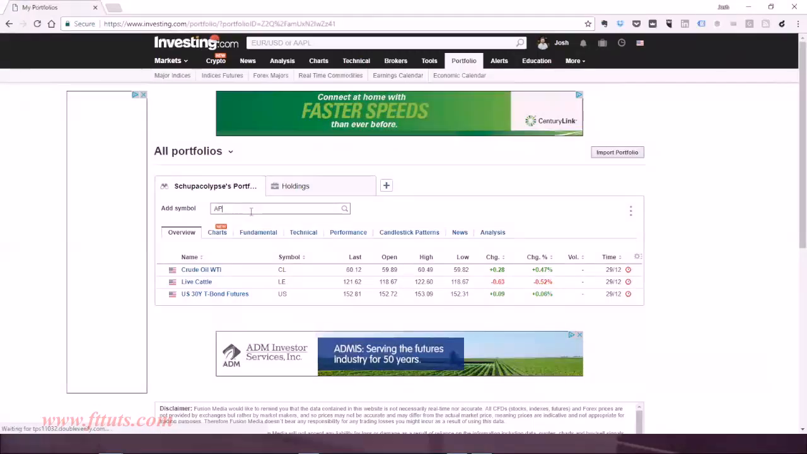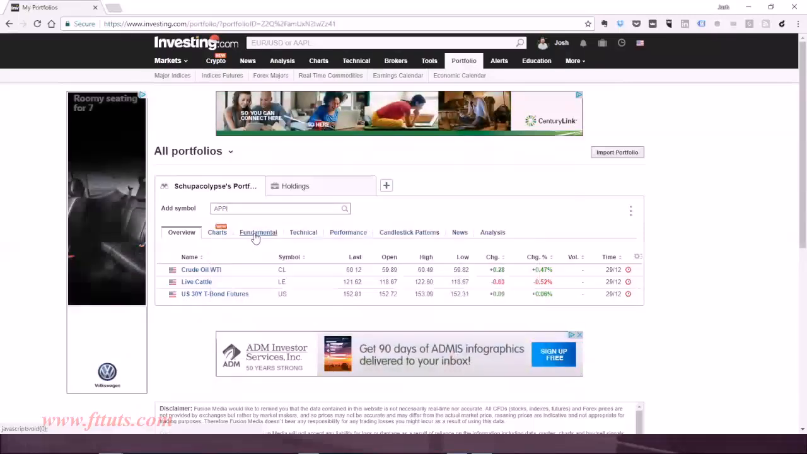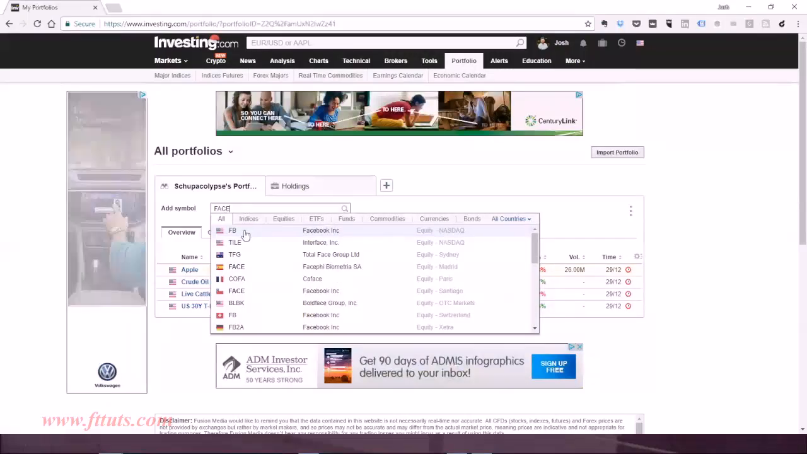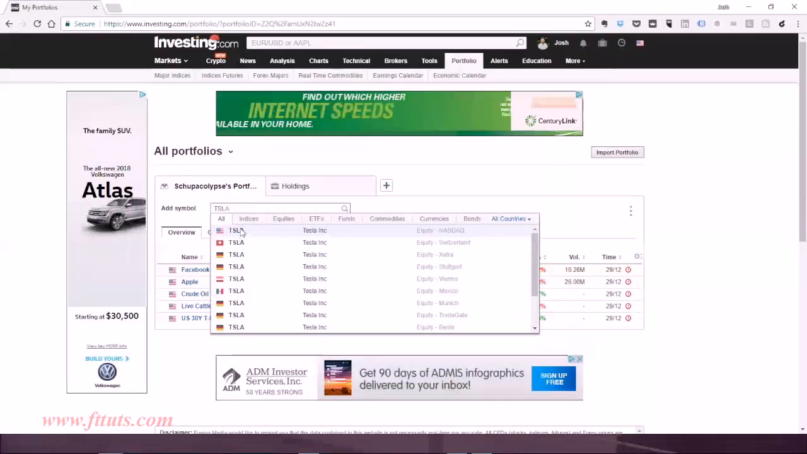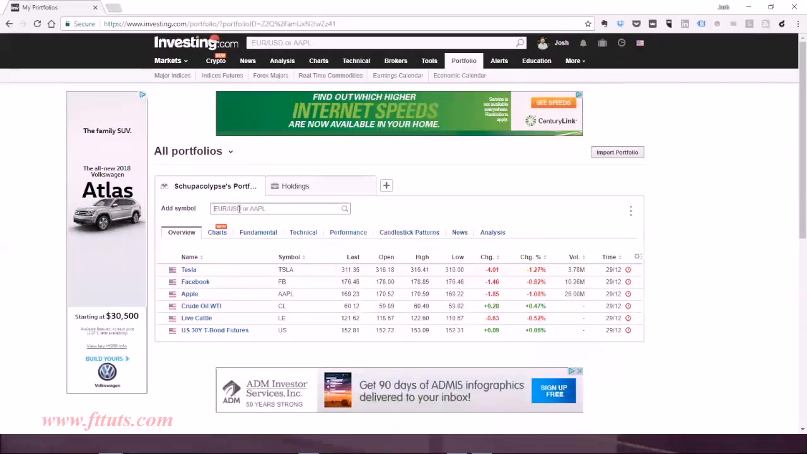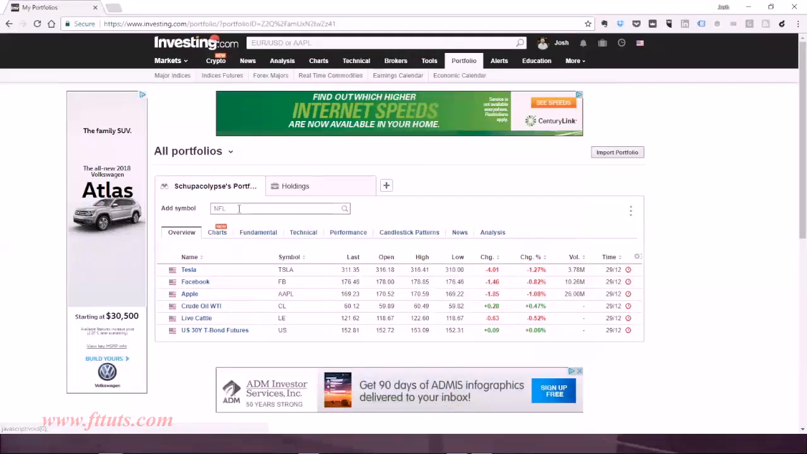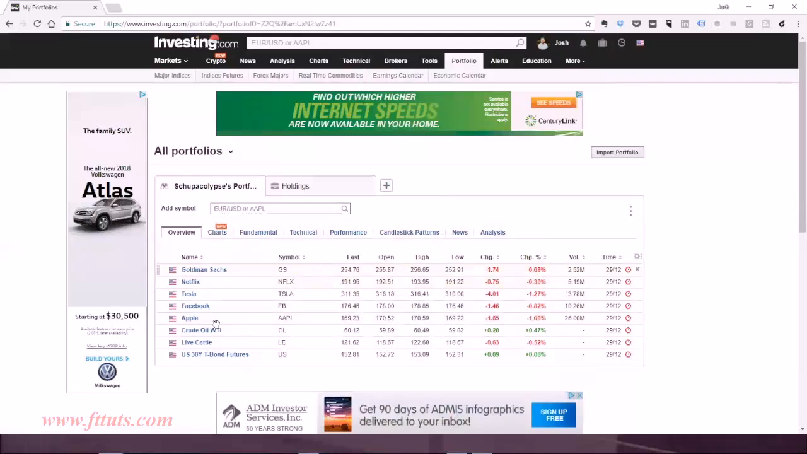So, say I wanted to add Apple stock. Say I wanted to add Facebook. Tesla. Everybody talks about Tesla. How about Netflix? Maybe you like Goldman Sachs, right? We can have good stocks. We can have futures. You can have whatever you want in there, but then you can click on the chart,